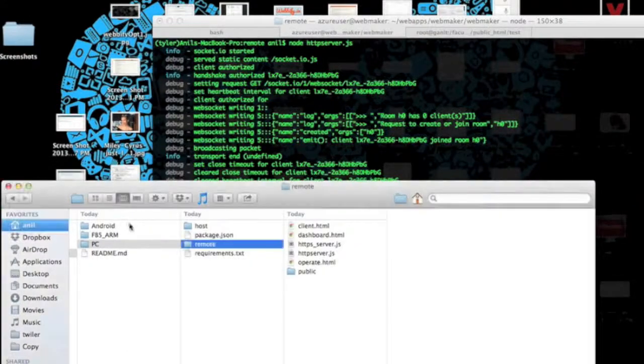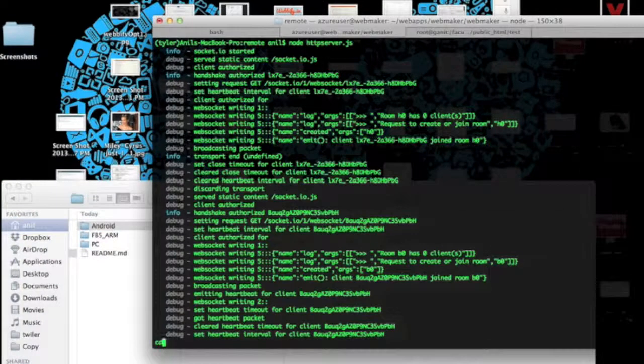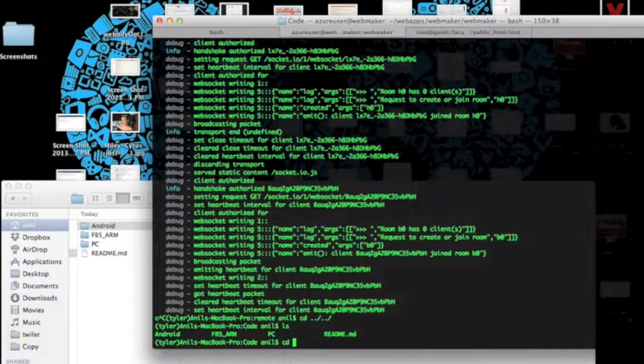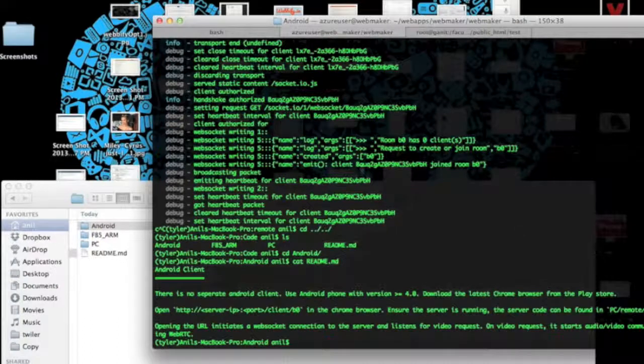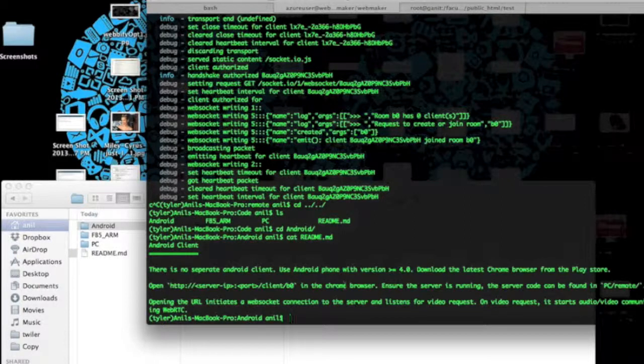The last bit is the Android code. The README gives clear instructions on how to set up the Android client. The Android phone is set up on top of the bot, and you need to install the latest Chrome browser on it using the Play Store. Then open http://server IP:port/client/b0. In this case, it will be